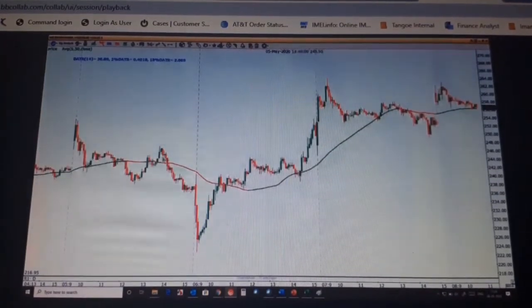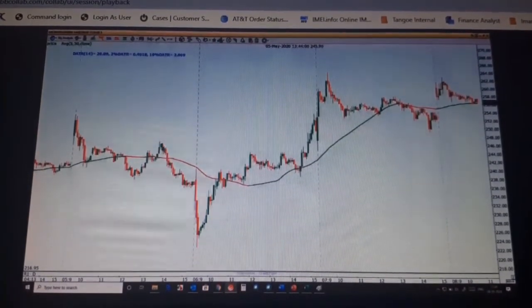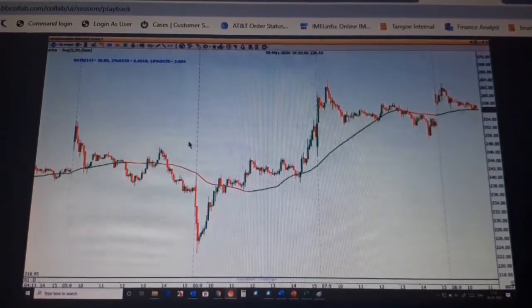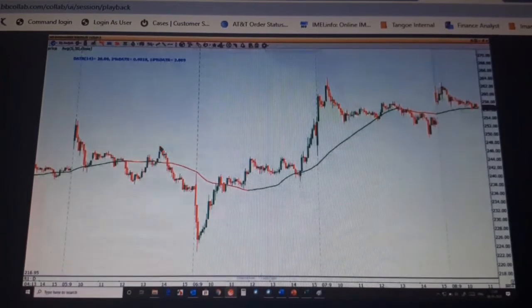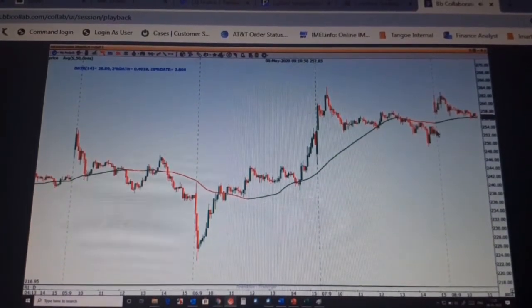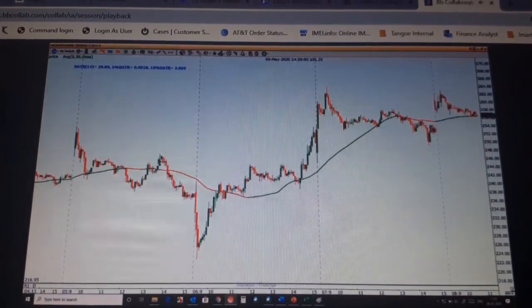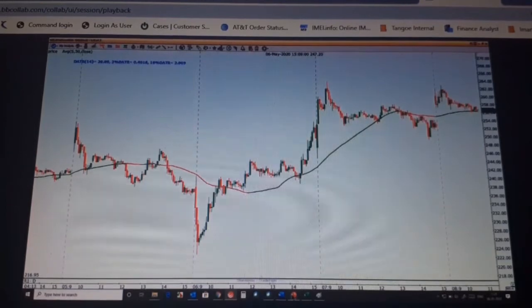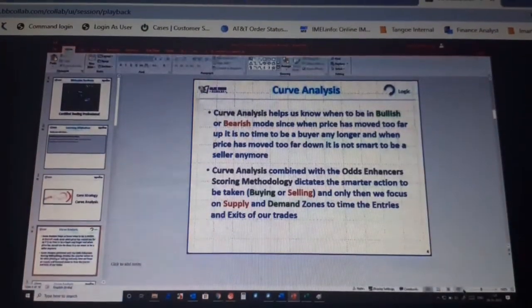So this was a supply zone or not? Okay, this was a supply zone, right? This is a demand zone. So this was also a demand zone. This is also a zone right now. Okay, so it's above, but this has already taken off. You will understand that. So let's go back to the slide.